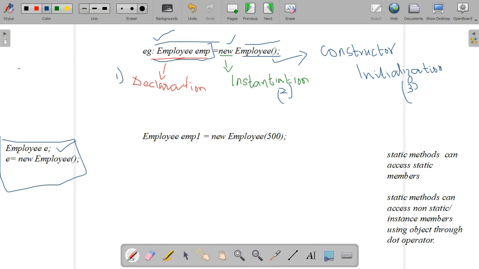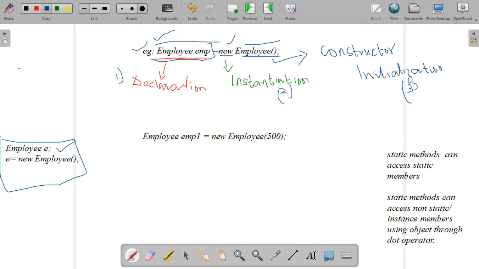So 3 steps are there for declaring or creating an object, or in the object declaration statement. What are they? First one is the declaration, second one is the instantiation, third one is the initialization. Declaration means we are just declaring an object name. Then using the new operator, the instantiation process means it allocates space for the particular object. Employee of means that is the third step. It is a constructor. That is the initialization. Constructor means it is used to initialize. The function of a constructor is to initialize the new object. So these are the 3 steps.